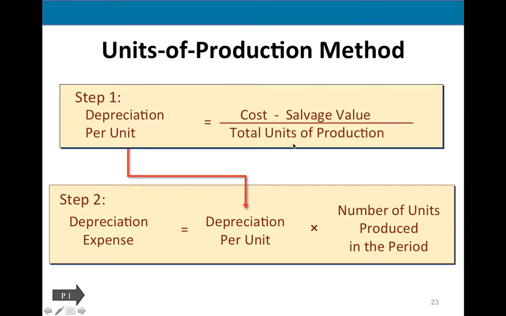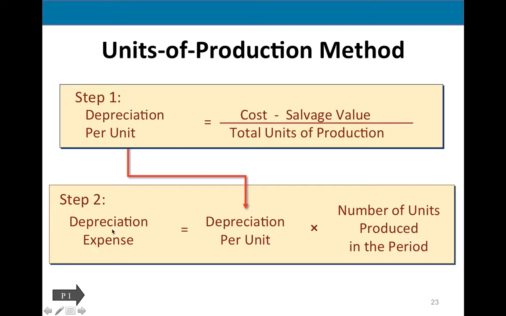Another way to think about it, when you drive your car for your company, they reimburse you so many, I don't remember now, 53, 54 cents per mile. So that would be depreciation per mile or per shoe or per unit. And then at the end of the period, you look at how many shoes did you actually produce or how many miles did you drive, and you multiply the number of units produced by that depreciation per unit,